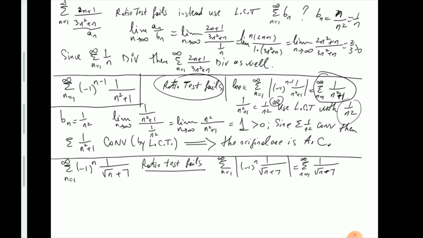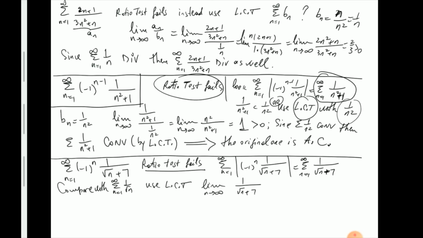What tools do I have at my disposal? Well, I can use the comparison test. Let's say you cannot figure it out because the inequality needs to be in the right direction. Typically, the rule of thumb is to just try the limit comparison test just like before. So I'm going to compare with the series made of the dominating terms. So compare with summation from 1 to infinity of 1 over root n, and then use, just like before, the limit comparison test. So I'm going to take the limit as n goes to infinity